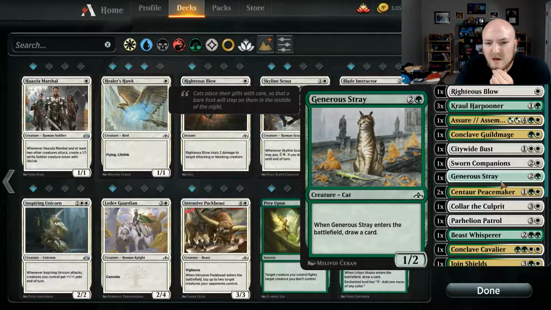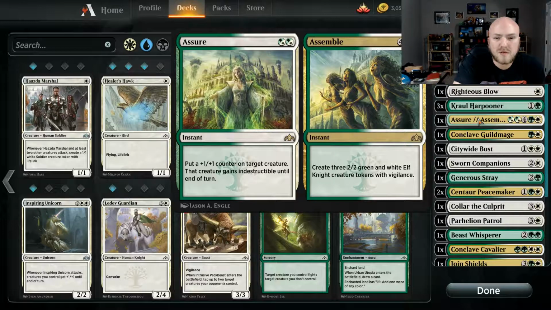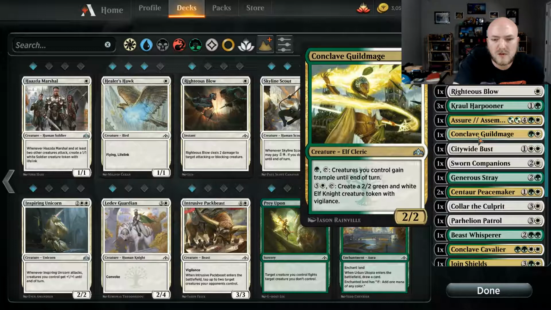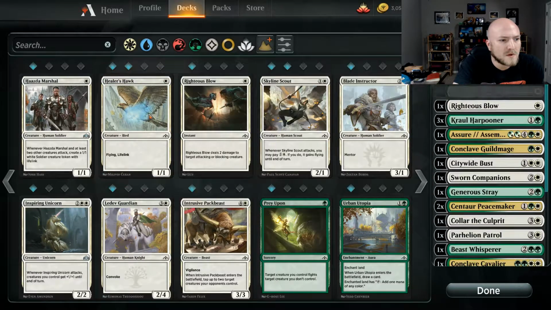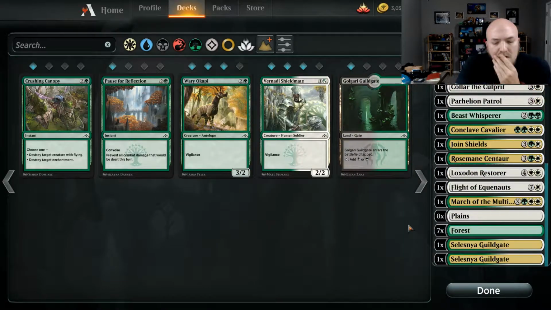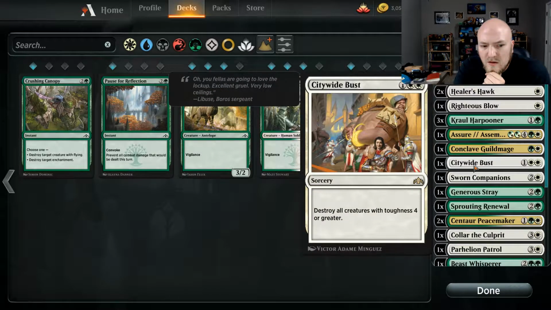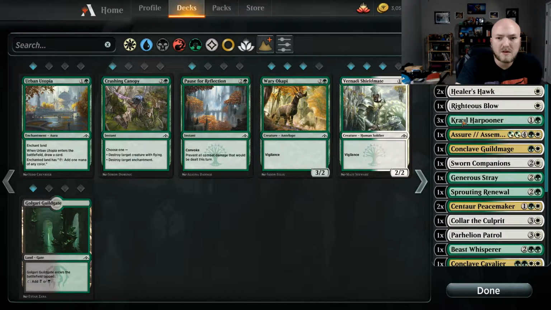So our 2-drop slot's really nicely filled out, it looks like, just with the 3 harpooners. We don't really want to count the Assure Assemble as a 2-drop. The Guild Mage absolutely is. So maybe we play a couple of Hawks and a Renewal. Yeah, this looks like it should be okay. Let's not main deck the Citywide Bust. We'll hold off on that, and instead